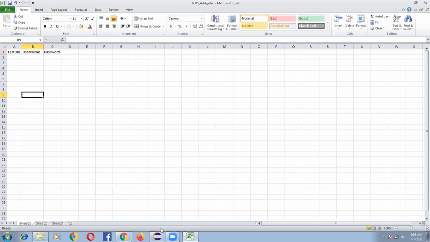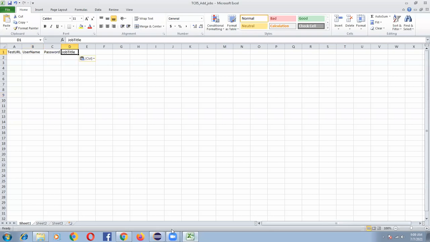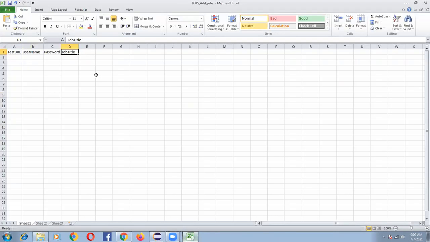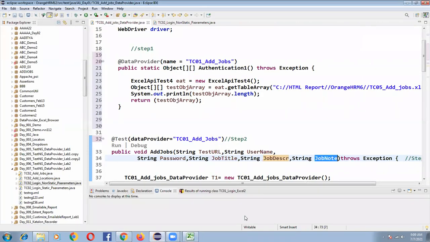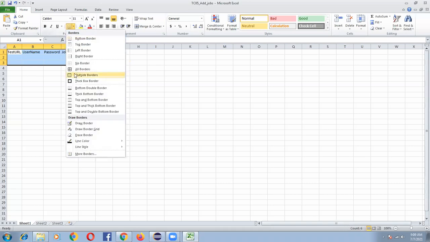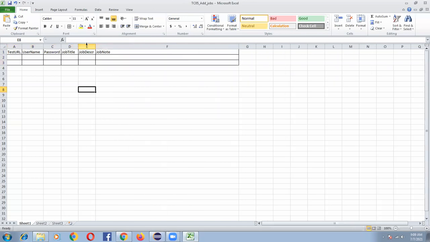And fourth one is job title, job description, job node. I'm going to give two rows of input data. Just I have selected.